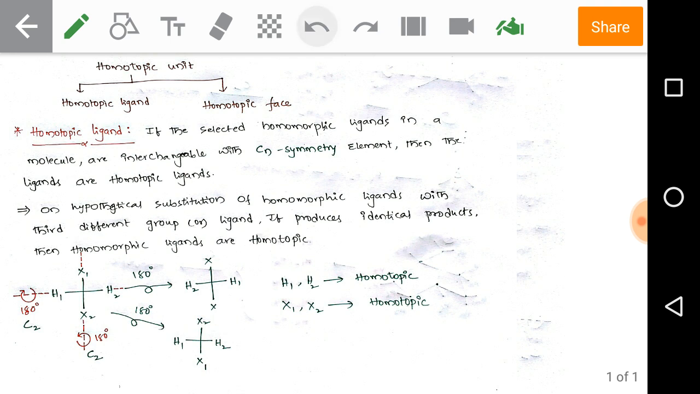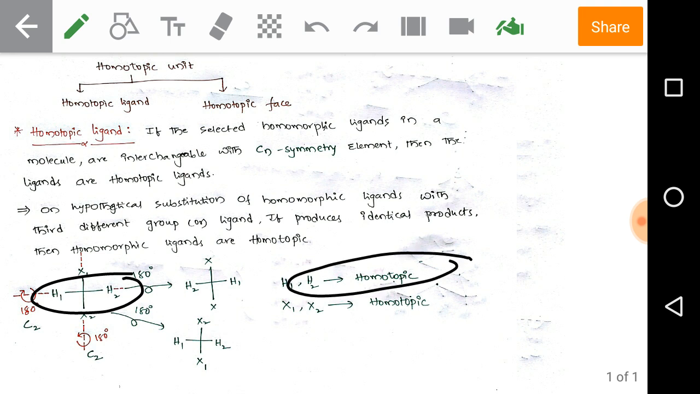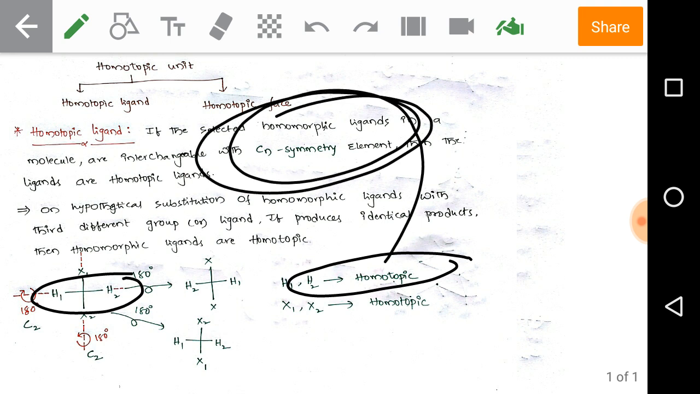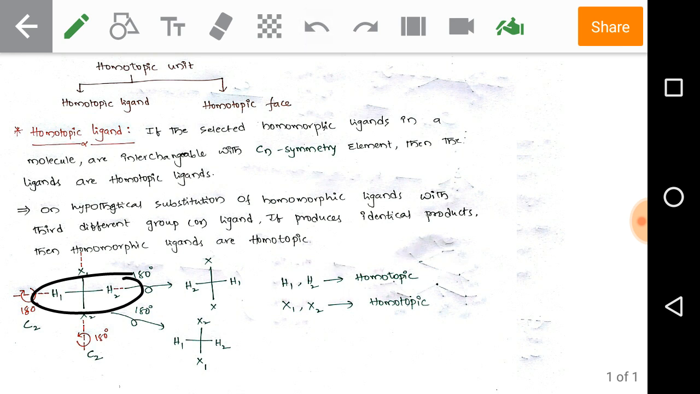Hence, these homomorphic ligands, that is H1 and H2, are considered as homotopic ligands. So what is the definition of homotopic ligands here? Simply, if a Cn is possible through the ligands which we are considering, those ligands are called homotopic ligands. Right, now check